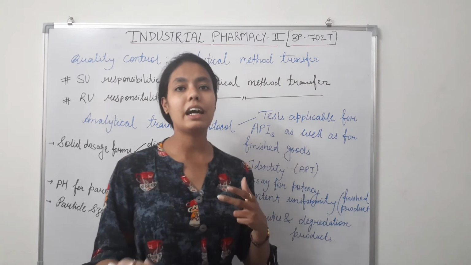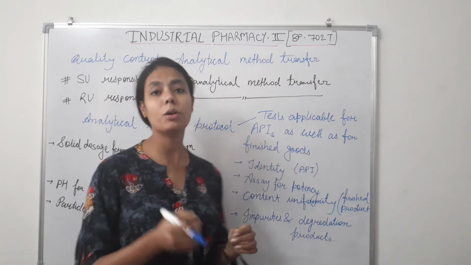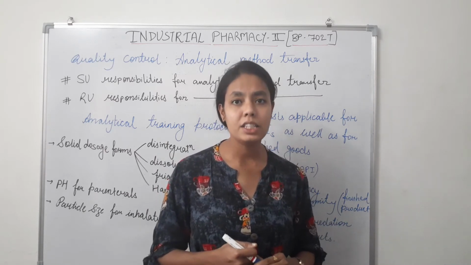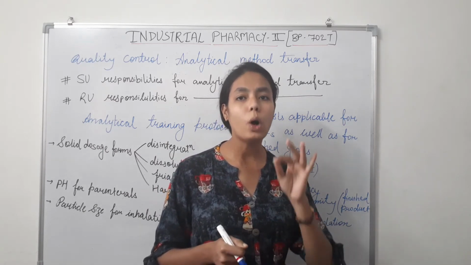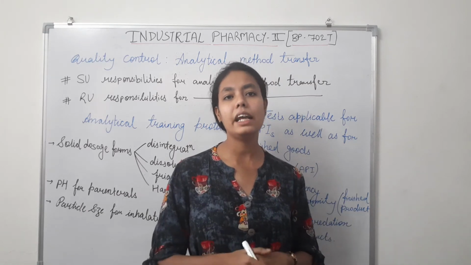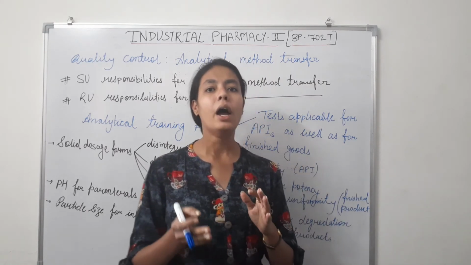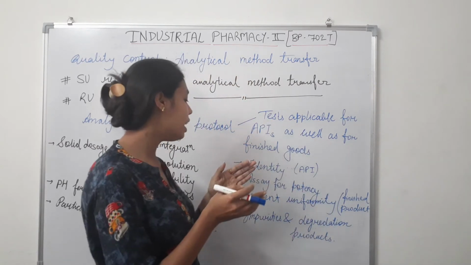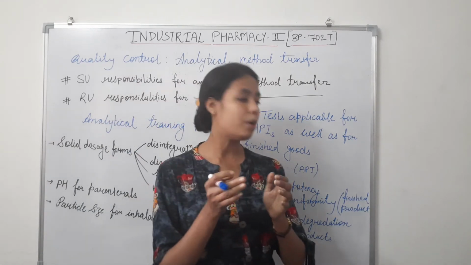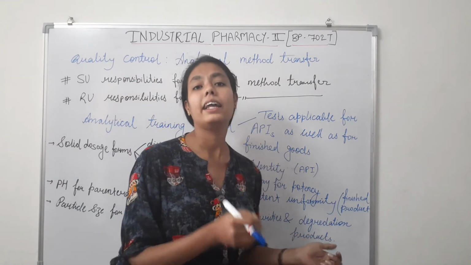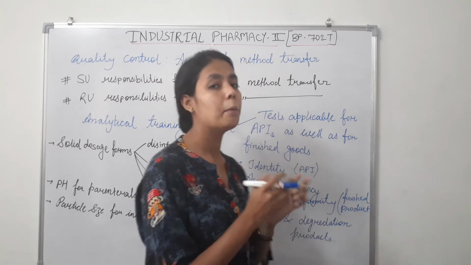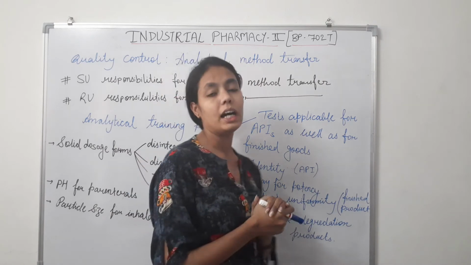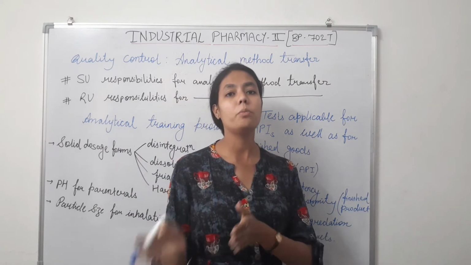Its physical criteria, and apart from that, cleaning verification to assure that the residues and viable organisms on the equipment and critical areas of the work environment are below a specified limit. So there should be a limit decided for the impurities and degradation products. Apart from that, microbial testing is also necessary for some products apart from antimicrobial agents.